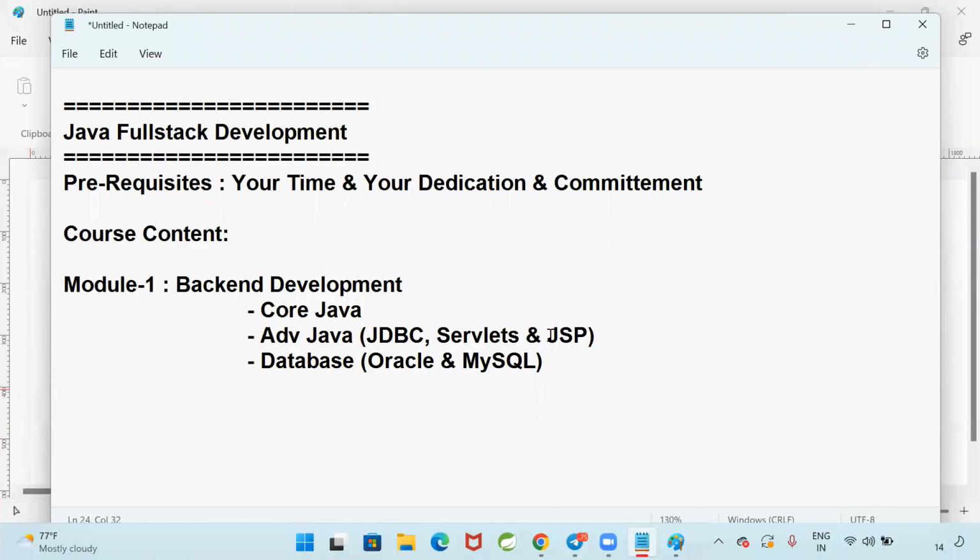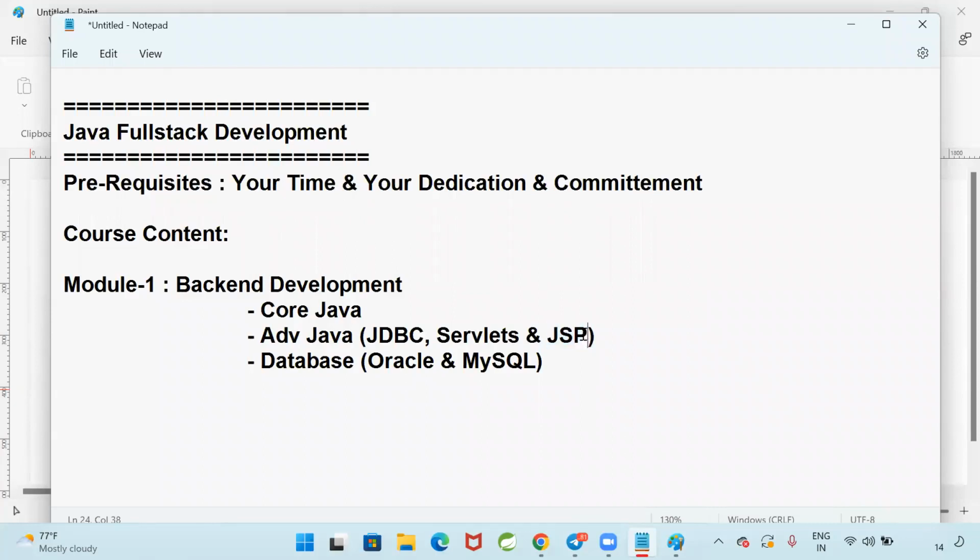Next one, JSP is available. I can say that JSP is outdated in the market. Do we need to spend much time on JSP? Not required. First of all, what is this JSP? JSP is used to develop the front end of the application, the user interface. When you open Facebook, a login button will be available. Enter your email ID, enter your password, click on this link to register. That is called the user interface. To develop that user interface, we use JSP.